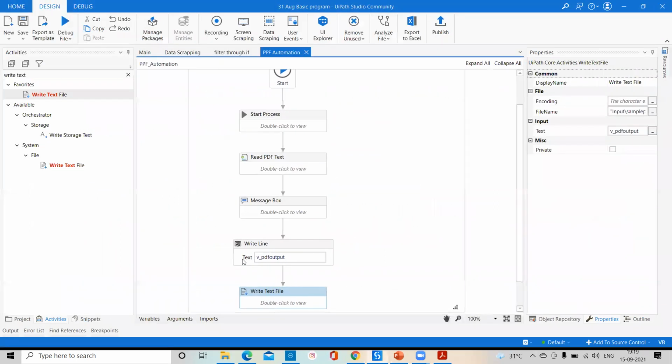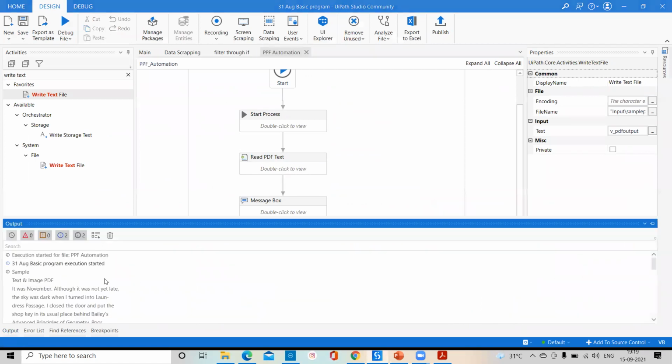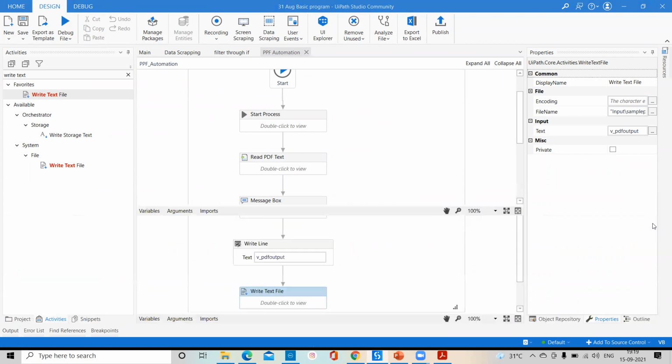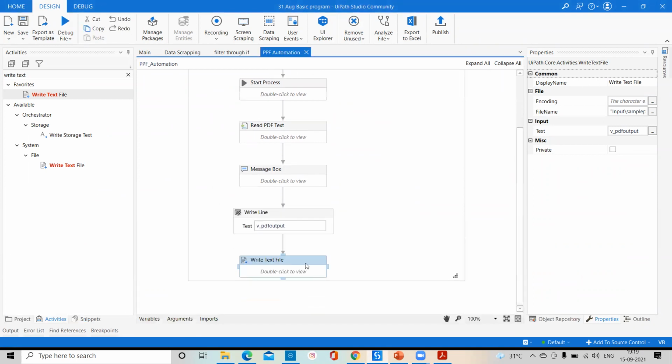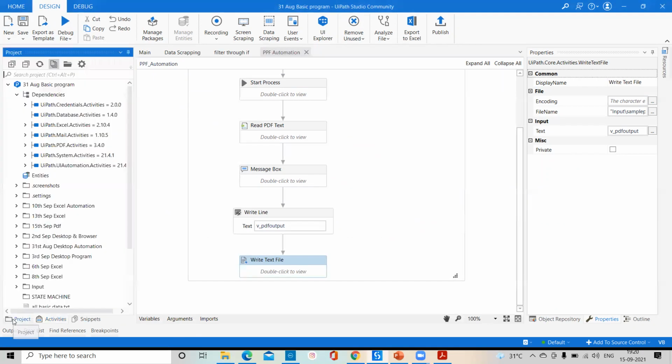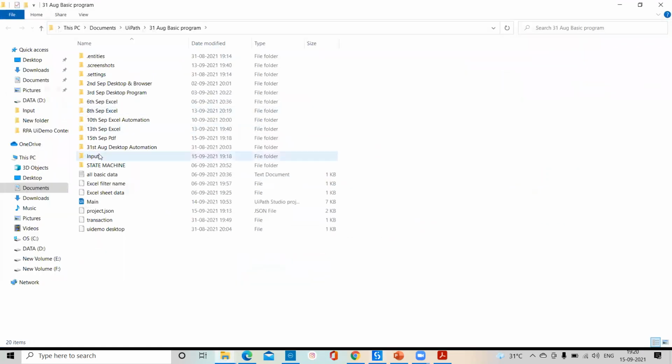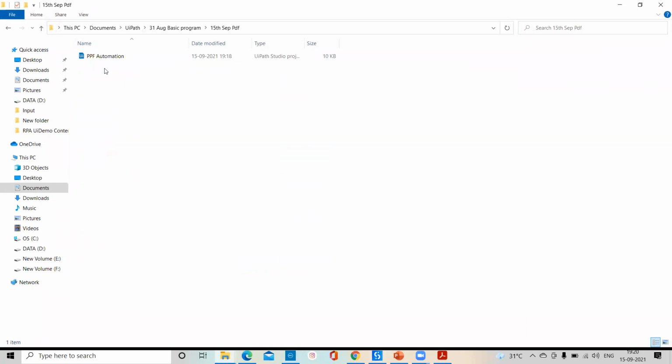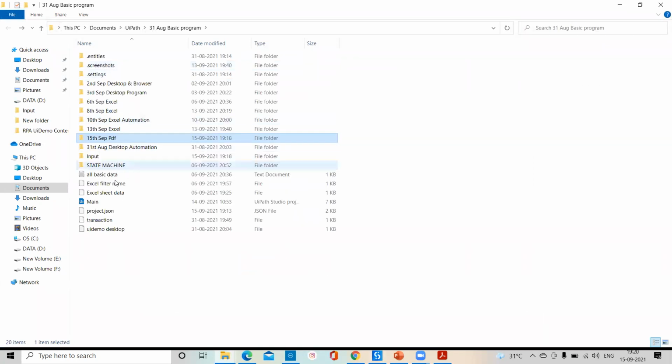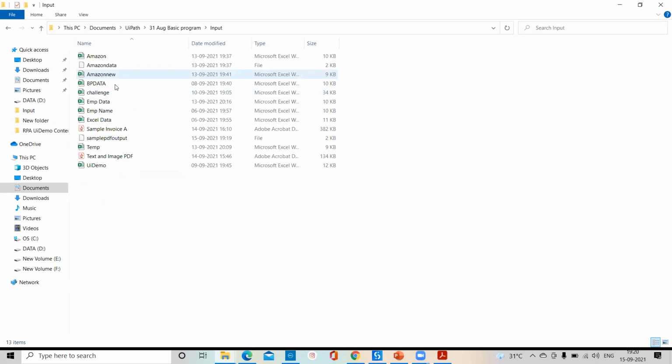Okay, we'll try to check the output panel. If you come to my output panel, each and everything we're getting, and right now we're getting the time, like 50 seconds, because we have implemented the message box. And if you're talking about this write text file work, right now what I will do, I'll go into the project, go to file explorer, and here I'll go for the 15 September PDF, sorry, input, and here we'll go for this simple PDF output.